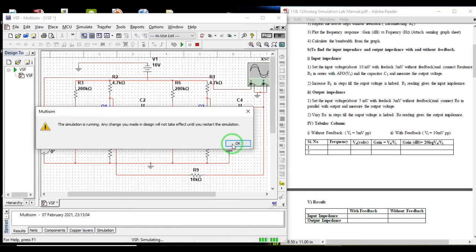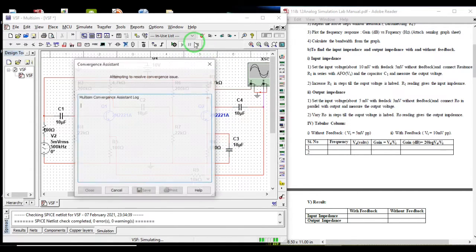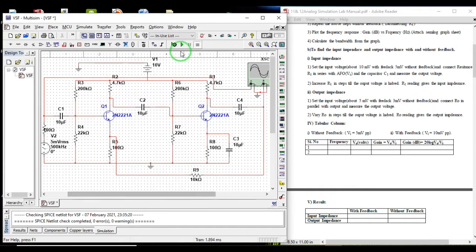Okay, I'm showing some values, but you have to go in steps. Okay, don't worry about that. You simply run it once again.